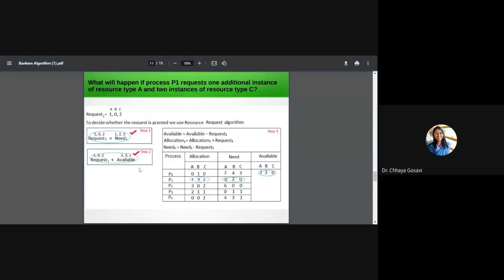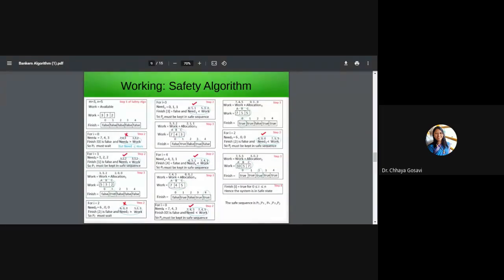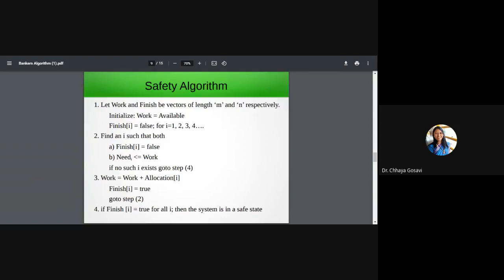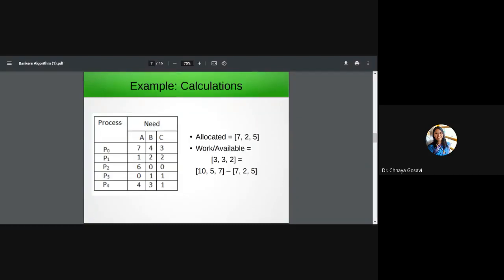I'll show you the previous case. We are here. This is the original state, where the system is in a safe state and we can generate a safe sequence.